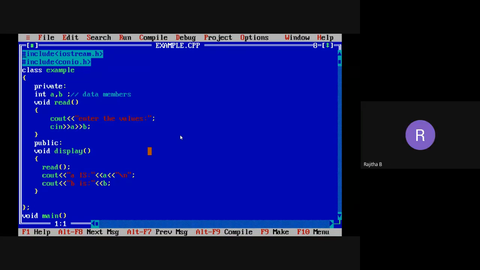Now you can see this one. In Turbo C++, you can trace out the program also. That is one advantage of Turbo C++. It shows how the program will be executed. What is the starting line to execute the program? What is the second line? What is the third line? What is the control flow of the program using Turbo C++? Now you have the function key F7 on the keyboard. I'm pressing F7, so see the screen carefully.